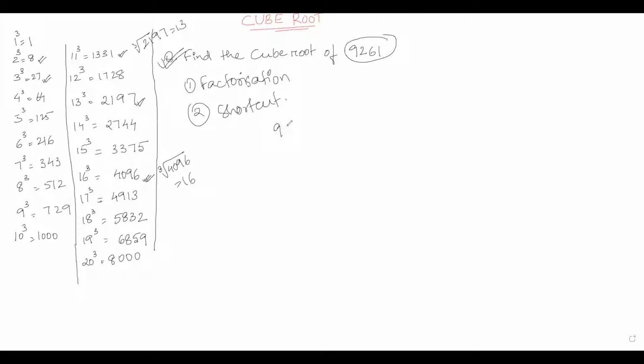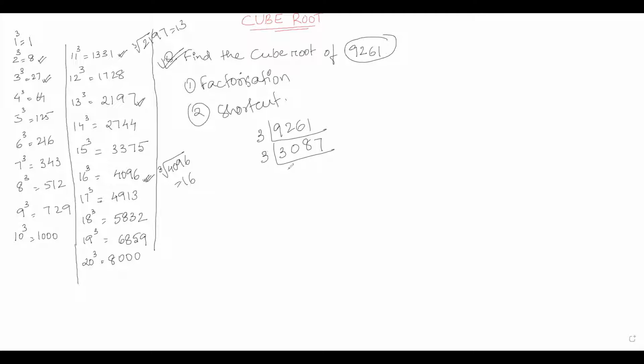So if you see here 9261, I need to find the factors of this number. The addition of the digits of this number is 9 plus 2 plus 6 plus 1, so that is 18. Since the sum of the digits is divisible by 3, the whole number will be divisible by 3. So let us try to divide it by 3. 3 3s are 9, then we have 0 here, then 3 8s are 24, 3 7s are 21. Now again, 3087 is divisible by 3.